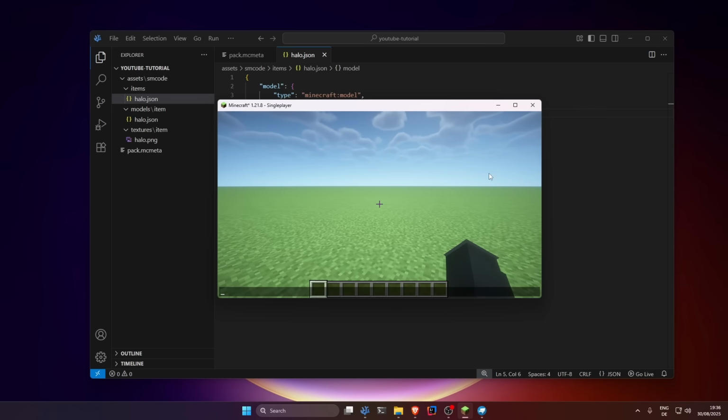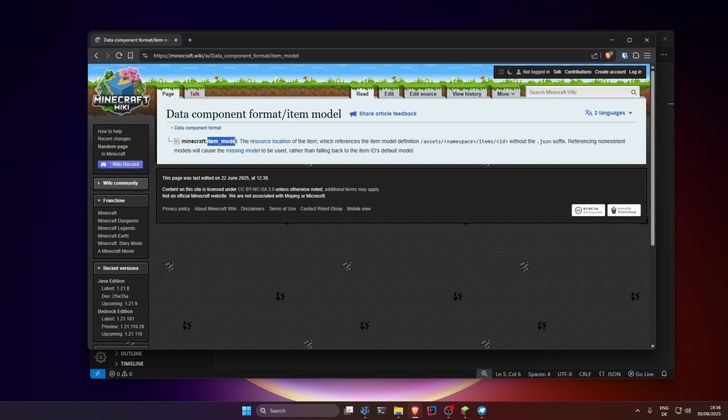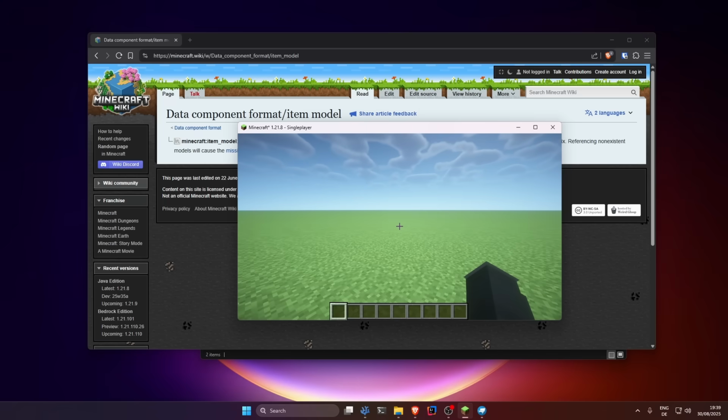And as I said earlier, we're going to use the new item model data component, this one. You can set that with an in-game command, which I'm going to show you now. Since this is a coding channel, I'm going to show you how you can do that in a Java plugin as well later on. And you can do that with the vanilla give command. So /give, your player name,